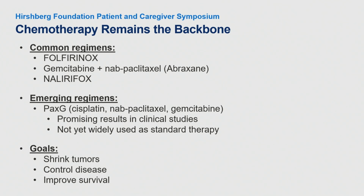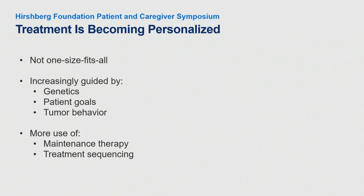the options have expanded. So the goals of the treatment or the chemo are to shrink the tumors, control the disease, and improve survival. Treatment's becoming personalized, right? Not one size fits all. And as I said, our treatment is increasingly guided by genetics, by patient goals, by tumor behavior, and we take that all into consideration. Fortunately, here at UCLA with the Hirshberg Center, we have an integrated practice unit where there